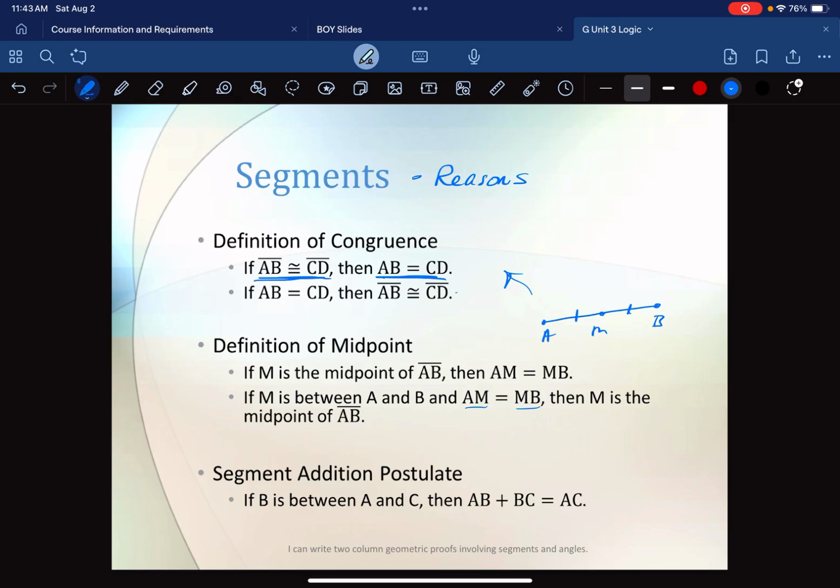So the if part of one of these conditionals up here is the statement, and then the next step is the next statement. So if you want to move from congruence to equality, statement 1 might be that they're congruent, and statement 2 would be that they're equal. And then the reason you make that statement is the definition of congruence. So if you've got a midpoint, then all you have to do to state that AM is congruent to MB,